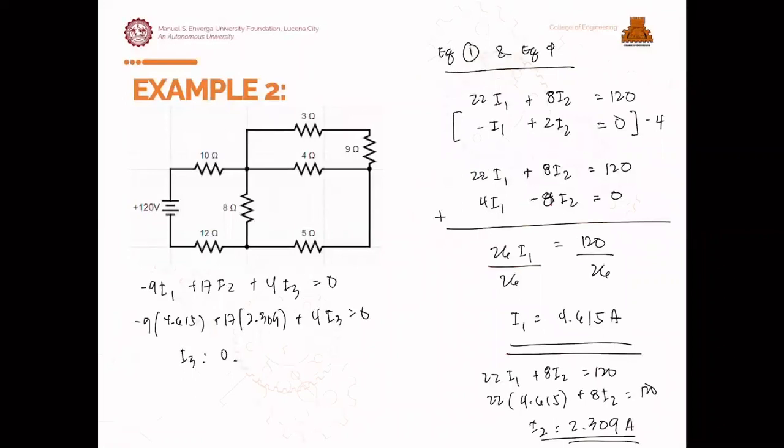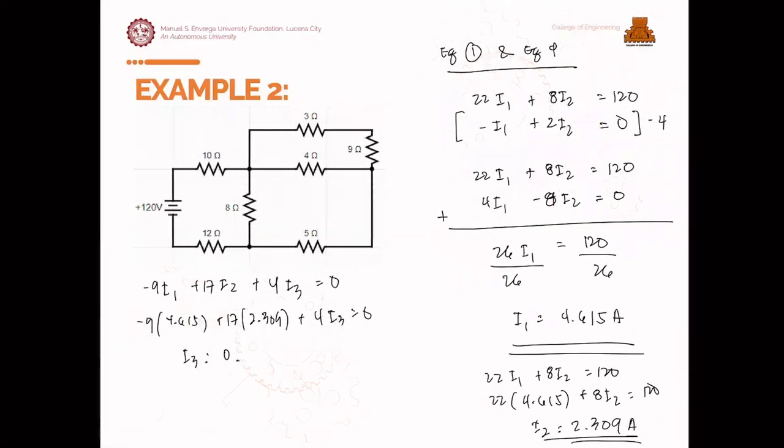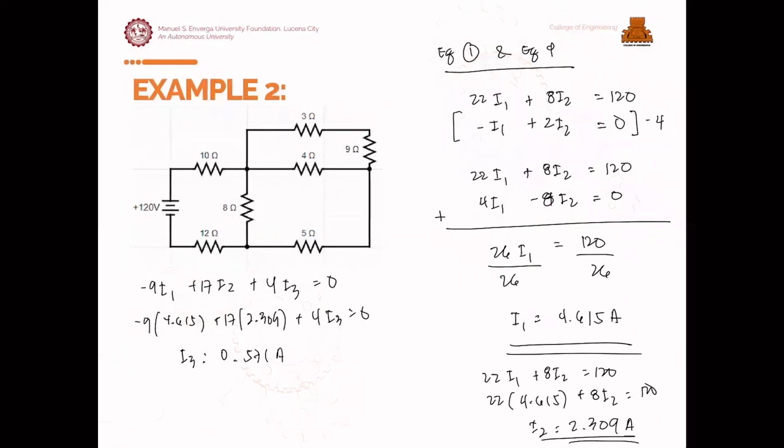Okay. So, 4.615, 2.309, divide 4. Okay. So, we have 0.571 amperes. Okay? Then si I4